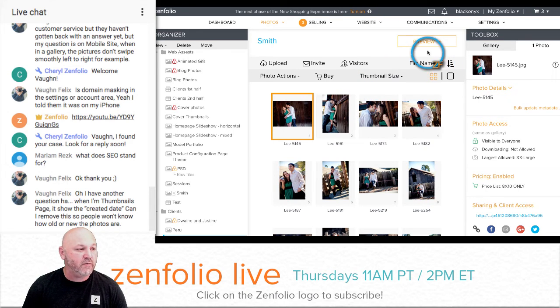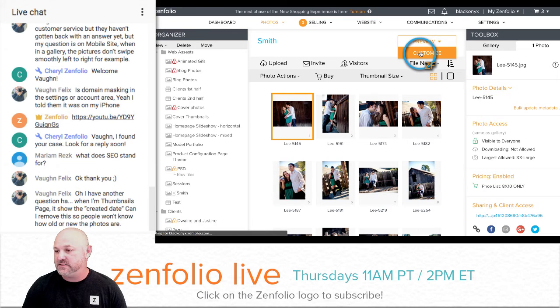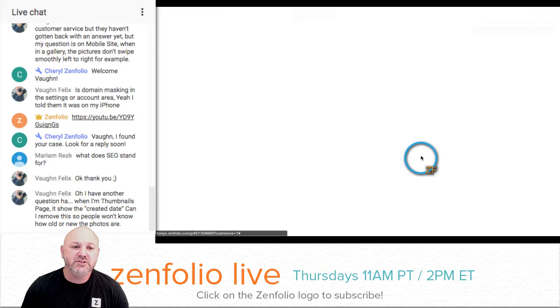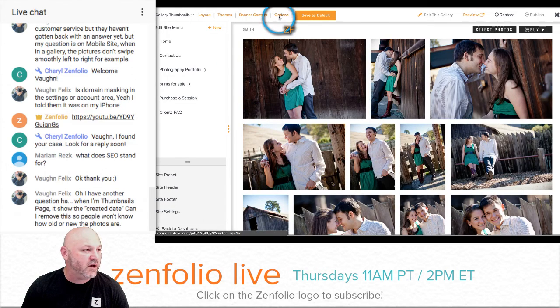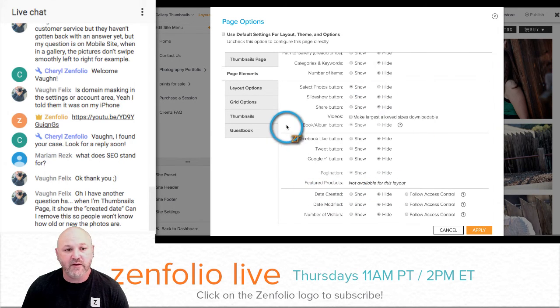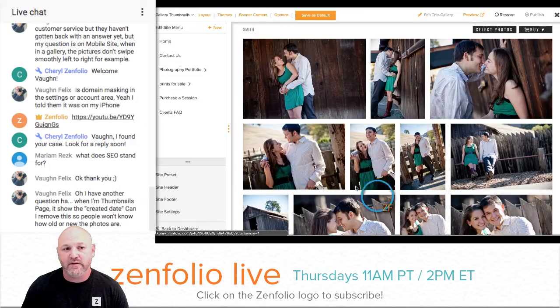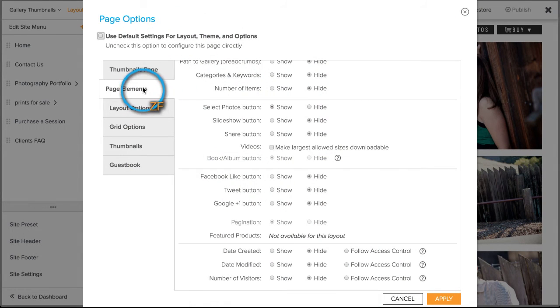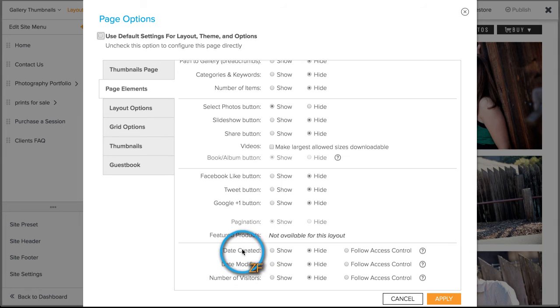If we just hover over preview right here and click customize, then I think what you're looking for is, if you go to options, page elements, date created right here at the bottom. So let me show you, Vaughn, again where I went. Let me just make my browser a little bit bigger here. So if you go to customize view for those thumbnail pages, you can do it to just one. Go to options right here at the top, go to page elements, scroll down to the very bottom, and right here where it says date created, you can just set that to hide